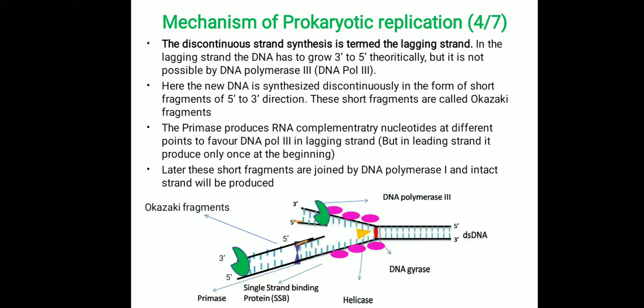Likewise, the strand extension progresses discontinuously in the case of lagging strand. So in the leading strand, just one time the primosome forms the primer and the complementary chain is processed continuously, whereas in the lagging strand, the primosome complex intermittently produces the primer. Wherever the primer forms, the polymerase 3 will extend the chain in the 5' to 3' direction. In this way, the small fragments made by polymerase in the lagging strand are called Okazaki fragments, named after the scientist who first discovered this mechanism.